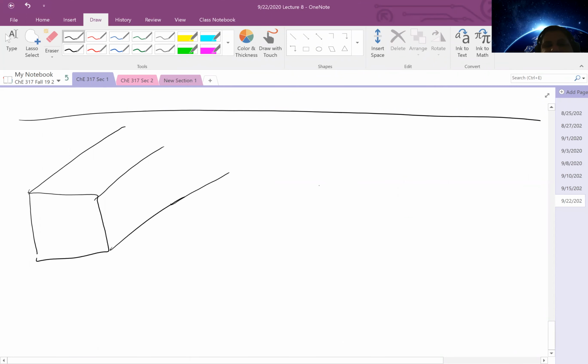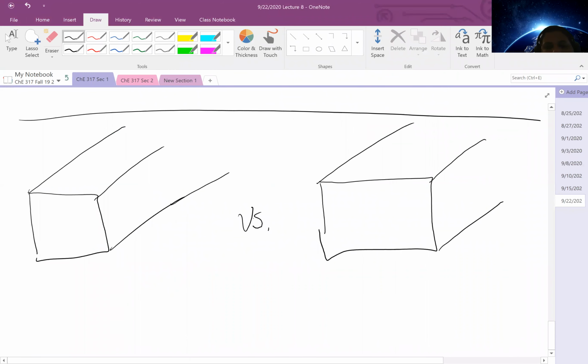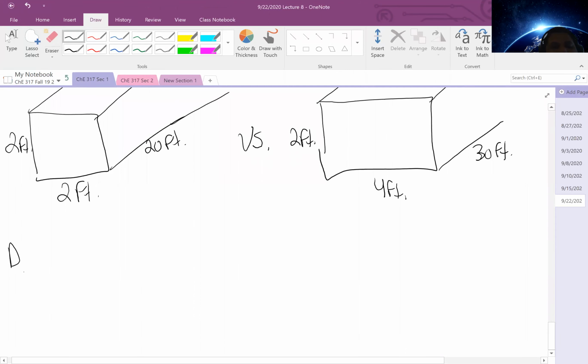So what we're looking at is comparing two ductworks. This one is 2 feet square by 20 feet long. This one is 2 feet by 4 feet, and it's 30 feet long. Now I can calculate the effective diameter here as 4 times the area over the flow perimeter, which in this case would be 4 times 4 feet squared divided by the perimeter, which is 8 feet,